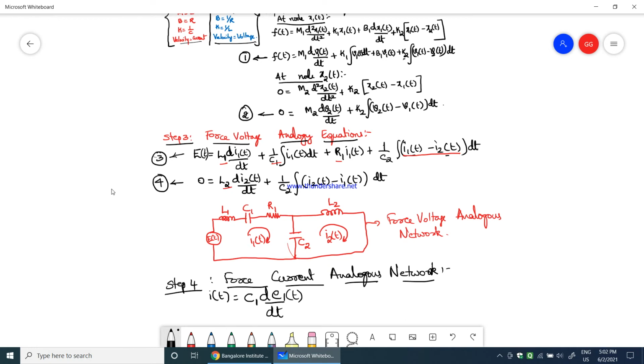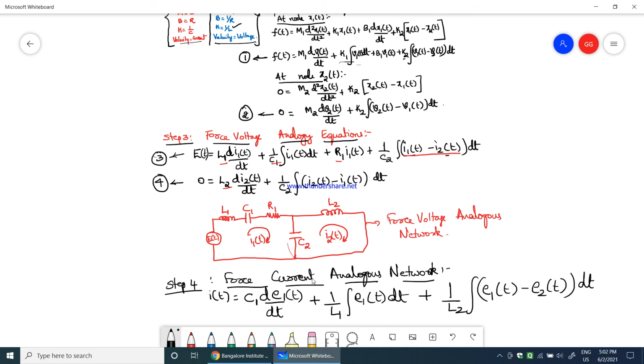Plus, what is K? K is 1 over L. Therefore 1 over L1 integration of the voltage E1 of t, plus you have K2, so I will be getting 1 over L2 integration of E1 of t minus E2 of t dt. So I got F of t, which is I of t, equals C1 into dE1 of t by dt plus 1 over L1 into integration of E1 of t dt, plus,